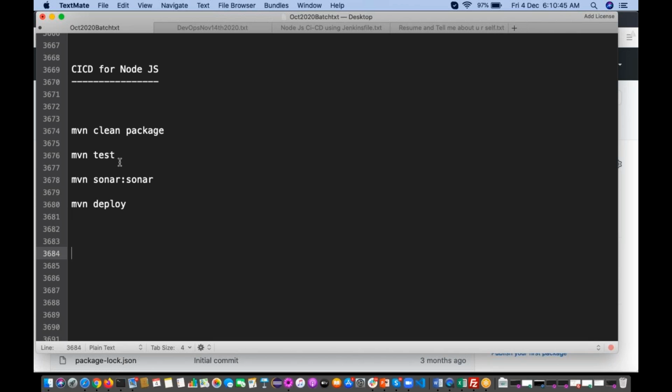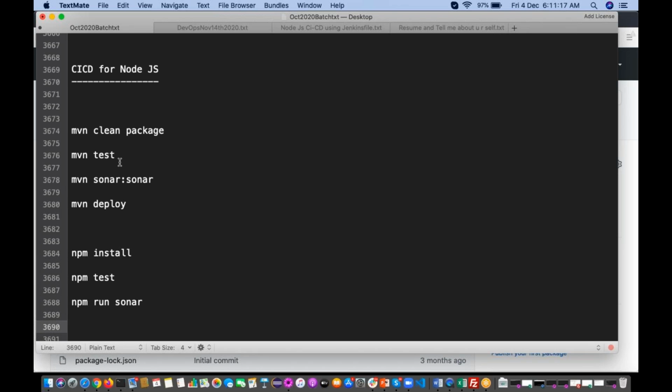Like this, in Node.js, if you want to do a build, npm install. Then if you want to run the unit test cases, npm test. If you want to execute the SonarQube report, npm run sonar.